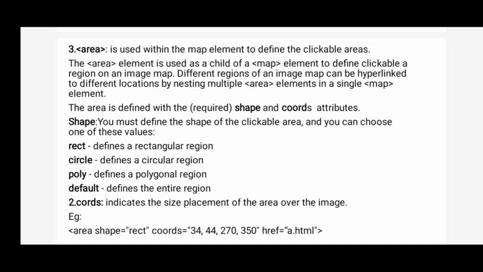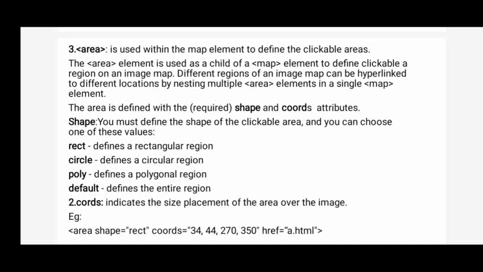In this area element we also have attributes, which provide additional information. The attributes we have are shape and coords. What is the use of the shape here? As already said, on the image we are creating clickable areas, and how you want that clickable area, whether you want a rectangle style, or a circle style, or a polygon, you can give by using the shape attribute.